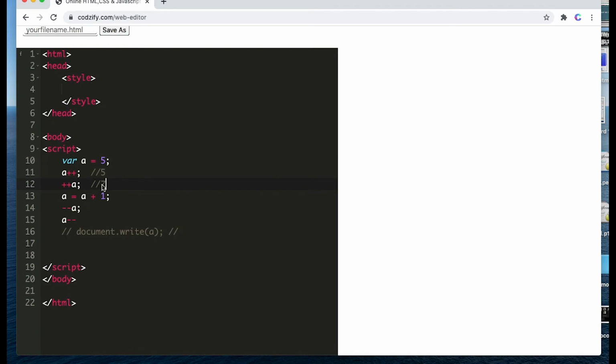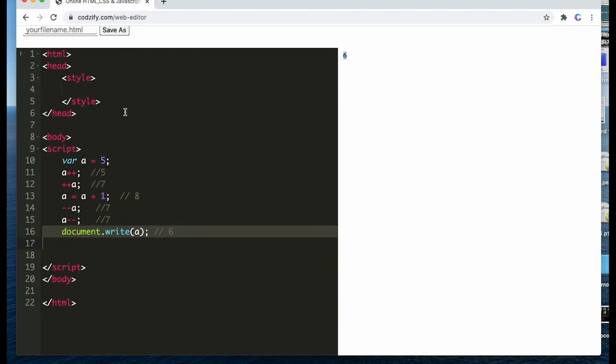Now on the next line the value of a will be 7, so on this line the value of a will be 8, 7 plus 1 is 8, and on the next line the value of a is 8, and minus minus is applied, which means it will decrement the value instantly, the value will become 7, and on this line the value of a is 7 now, but the postfix decrement is applied, so here the value will remain the same, but whenever the value of a is used after this line, the value will become 6, so the output should display 6.